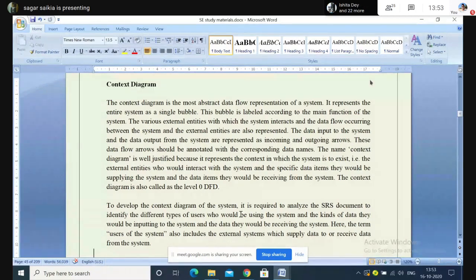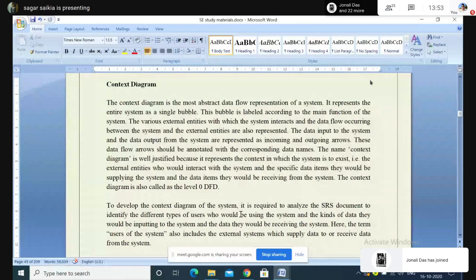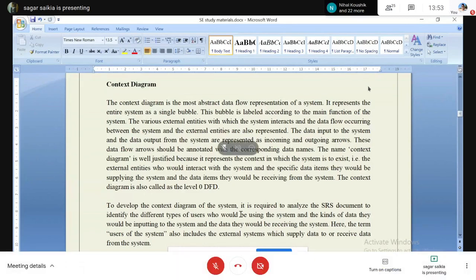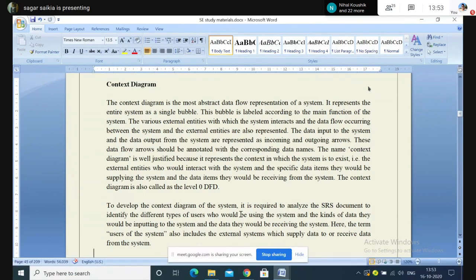Okay. So entity, as we have said, is nothing but the people, in layman's terms, who will be interacting with the system. For an e-commerce website, we have taken an example that the people who will be interacting with the system are the administrator, and on the other side, the customer or the user, that is us.